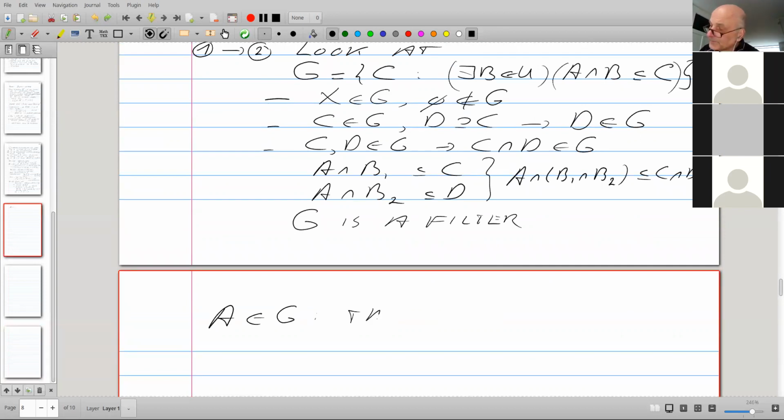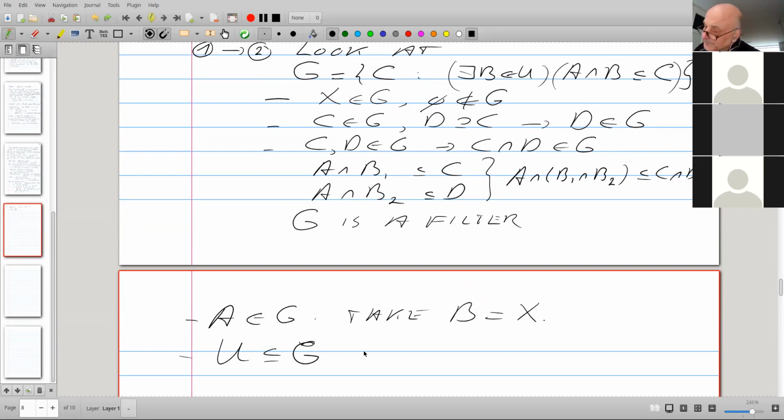Take B equal X. If B is equal to X, then A intersect B is equal to A itself. So A meets this criterion. The other thing is G is a filter that is finer than U.